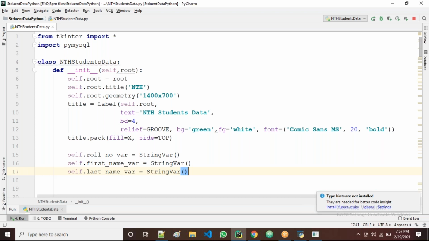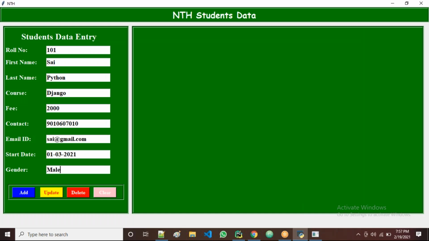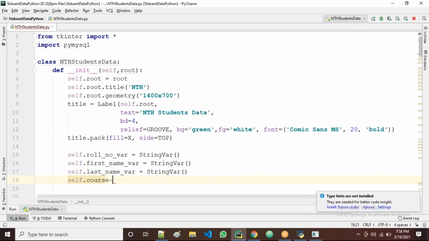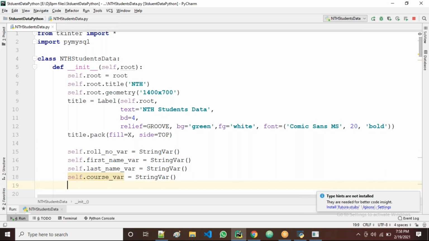For all columns, I'm going to create variables here. For all labels, right? I'm taking the variables here. Next one, first name, last name over. What's next? Course is there. Fee, right? Self dot course, course variable. We'll take string type here. String type, guys.